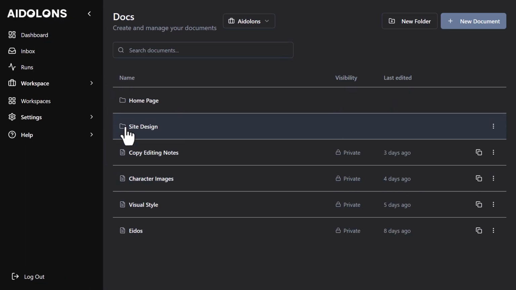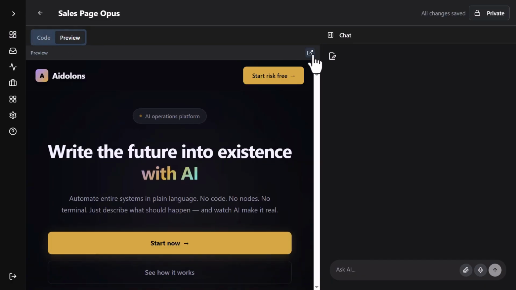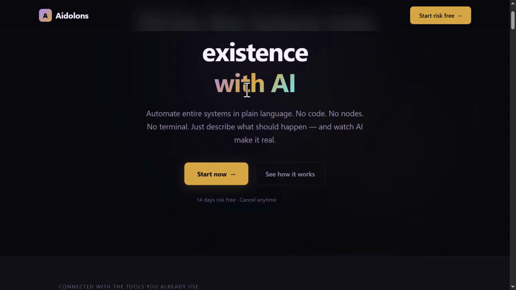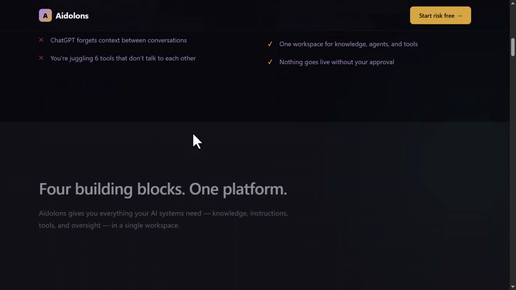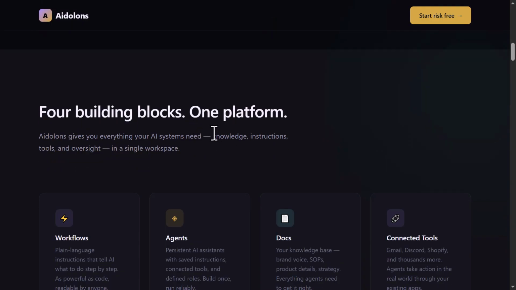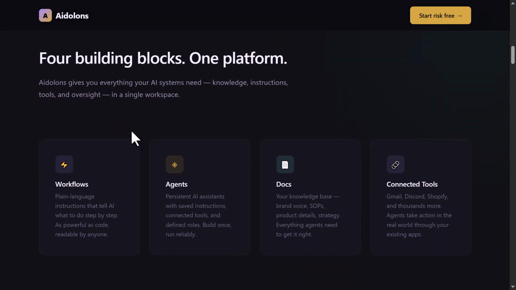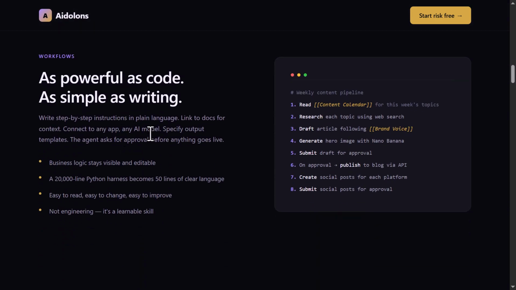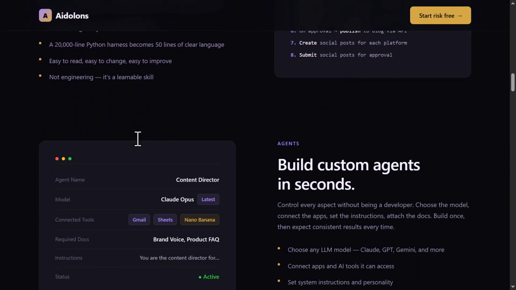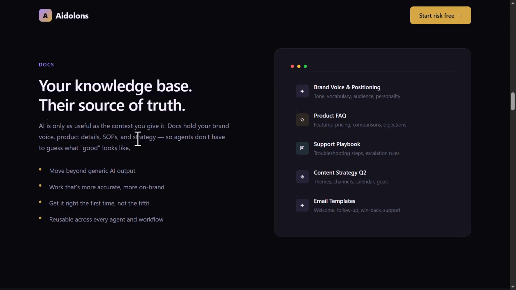So going back, here's our sales page. Let me load it in a new frame. All of this indeed is what I had in the document. So all of this text that we're looking at here, I know for a fact that it's correct, even before I read it thoroughly, because I know that that's how AI works. If I give it exactly what to put, then it's going to put exactly that. So the AI hallucinated when it created my landing page, but for my sales page, it is hallucination free, except